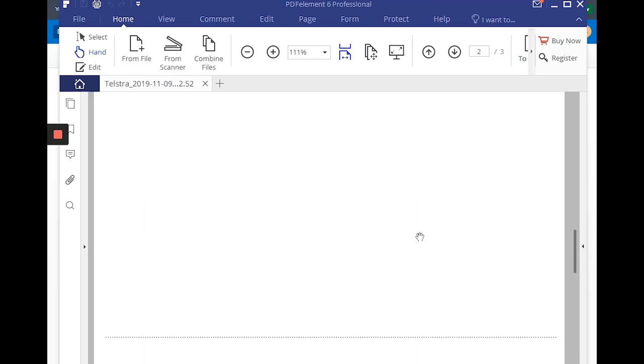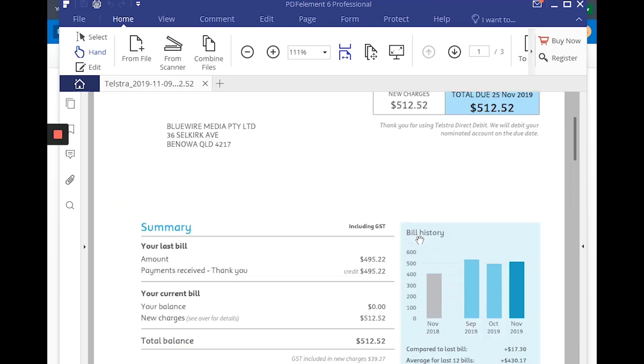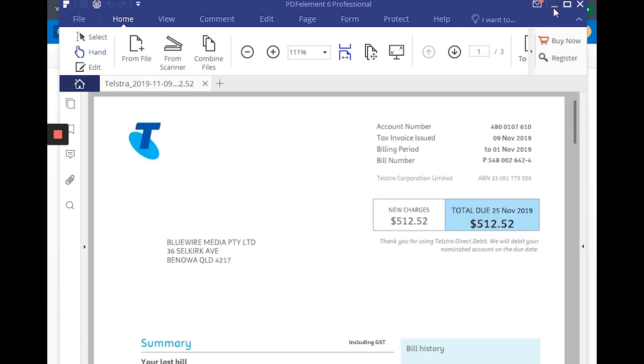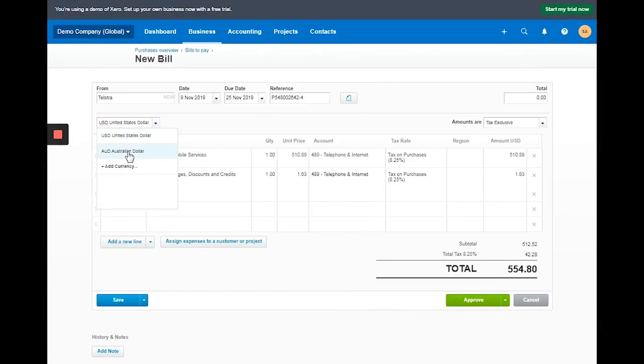So this is Australian. This is AUD, so we'll be using the Australian dollar. There is an exchange rate because the default currency for this one is USD. Okay.